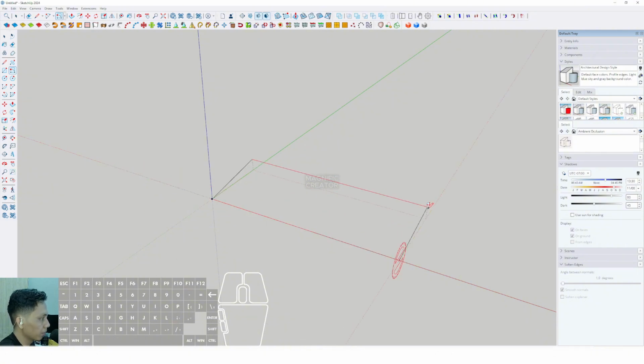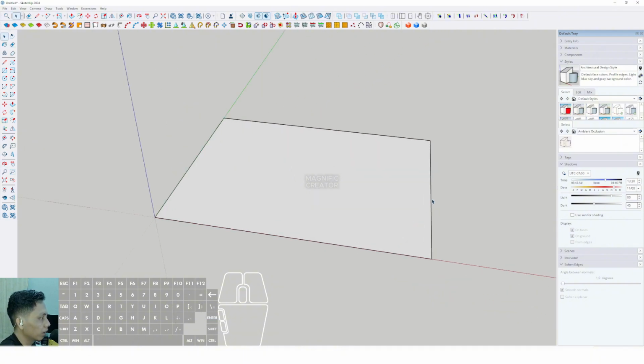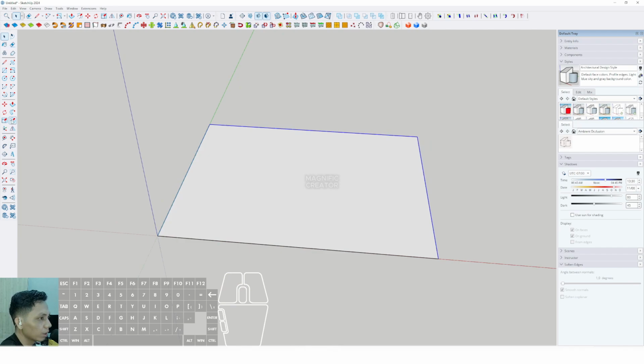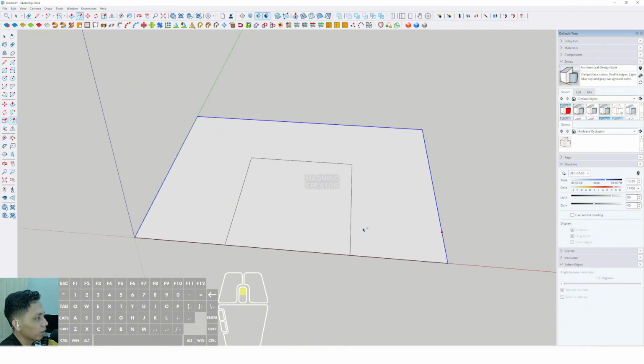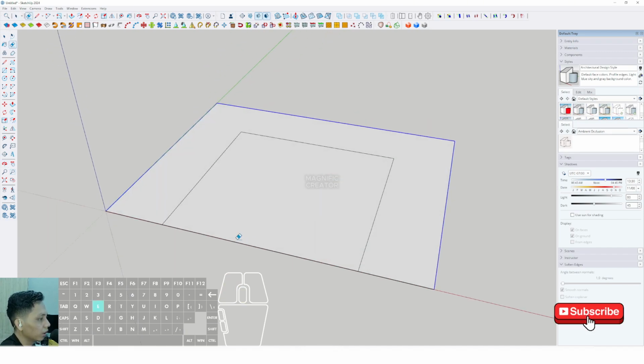Enter, and then we can drag to the back around 40 meters. And enter, and now we can click this triple outline and select offset it inside. We can offset it inside around 10 meters or 15 meters. Okay, sorry, we have to offset it inside around 10 meters and enter, and then we can erase some unnecessary